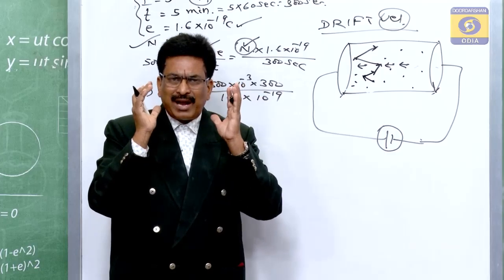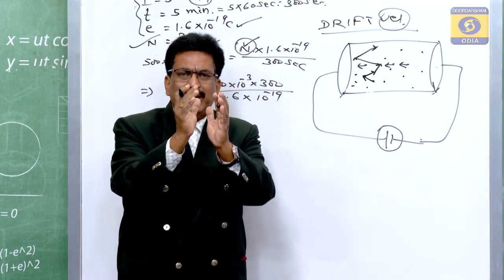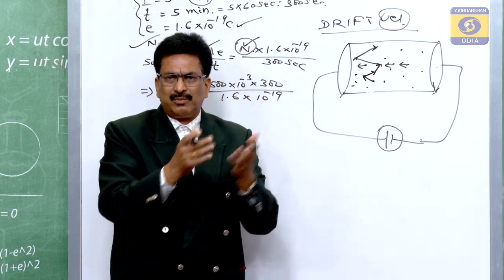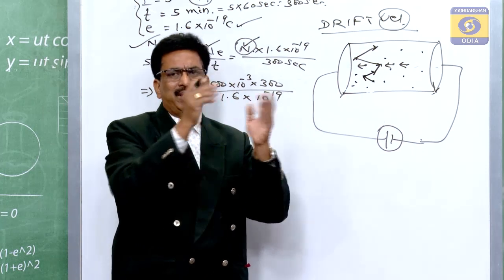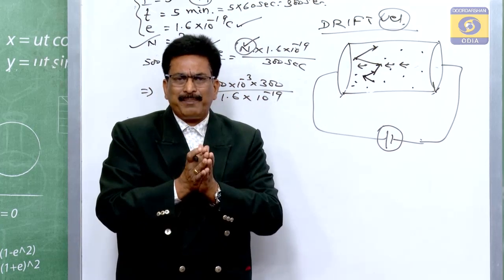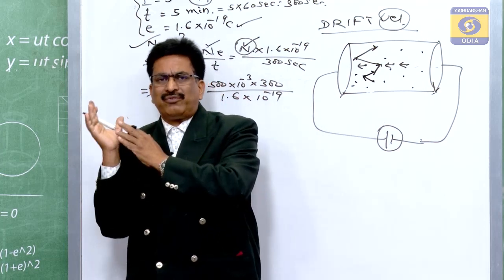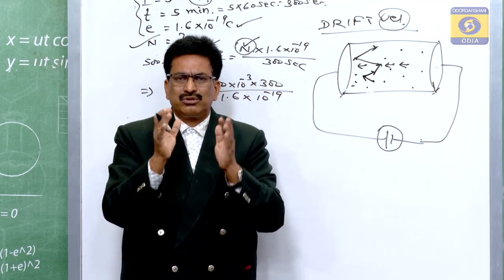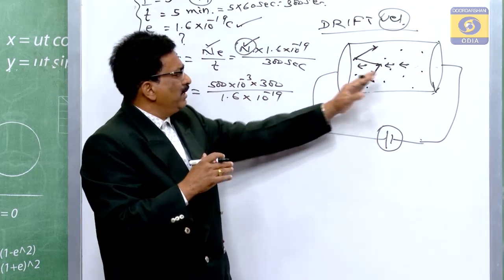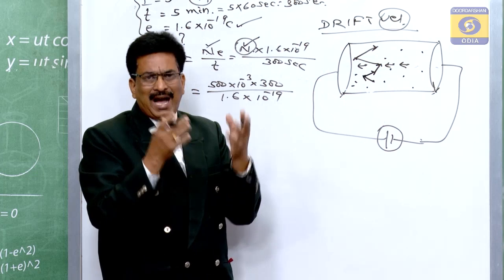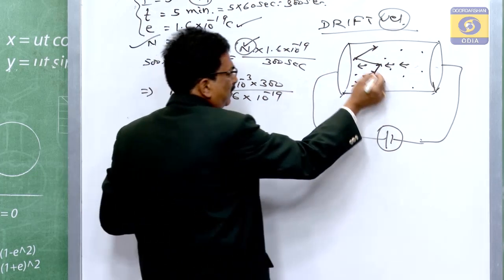But if the camera goes nearer and nearer, you will observe that someone is going in some direction, someone is pickpocketing, someone is clapping. So they are in motion, but as we are observing from a large distance, there looks to be rest. Therefore, due to the bombardment or the collision among themselves, they have